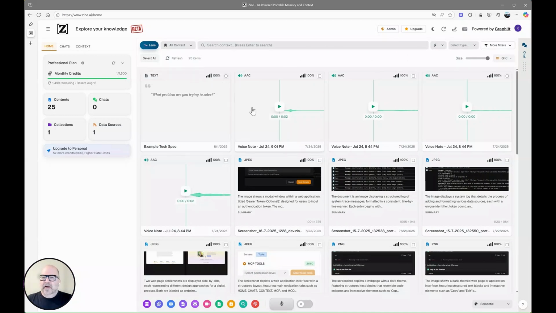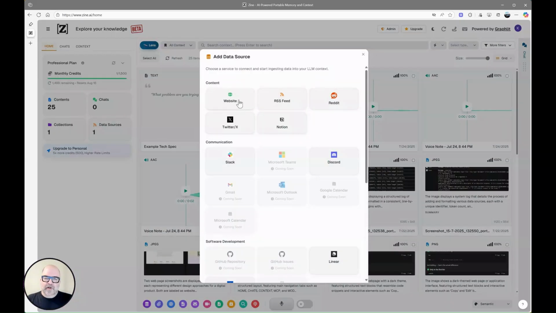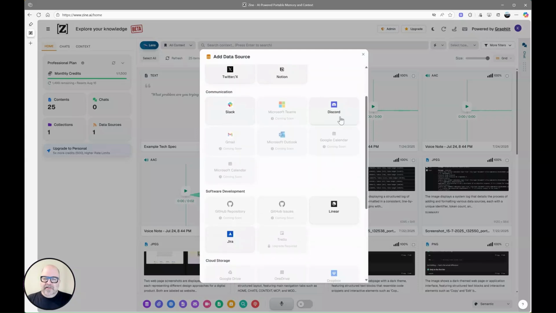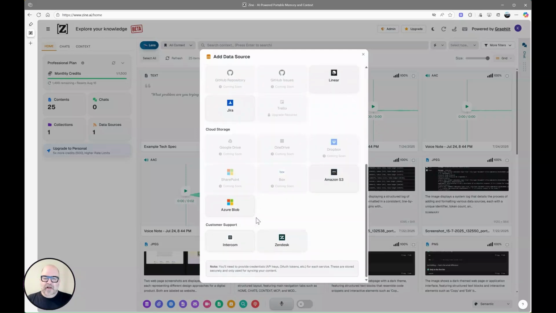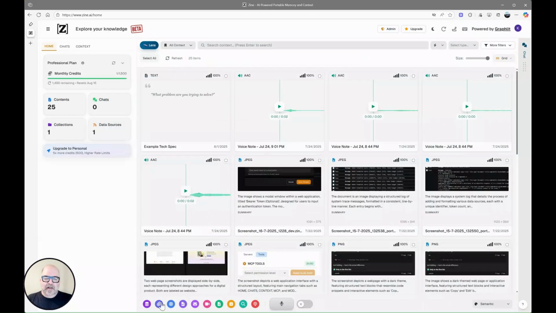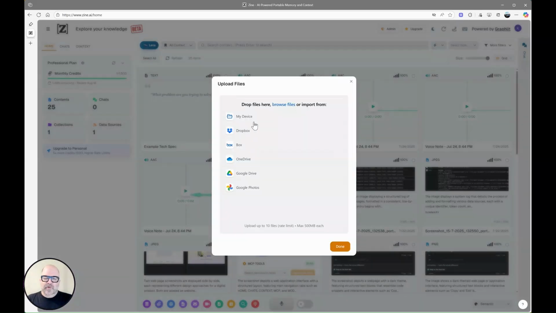These are different content that we've already ingested. Across the bottom, there's ways for here you could pull in a website with web crawling, RSS feed, things like Discord, even GitHub, Linear, Jira, down to Intercom, Zendesk. So all of these are available to you in addition to direct upload. So you can pull a set of files from Box and OneDrive, and Google Drive, Google Photos, even upload those